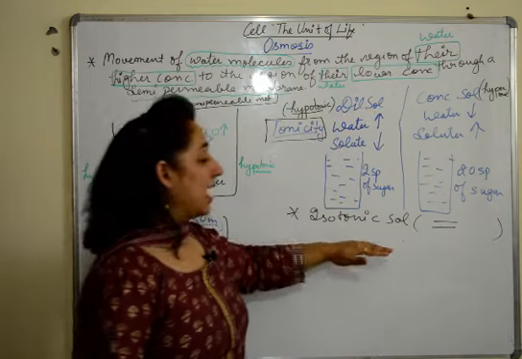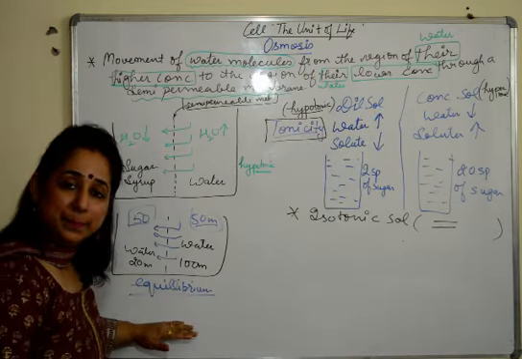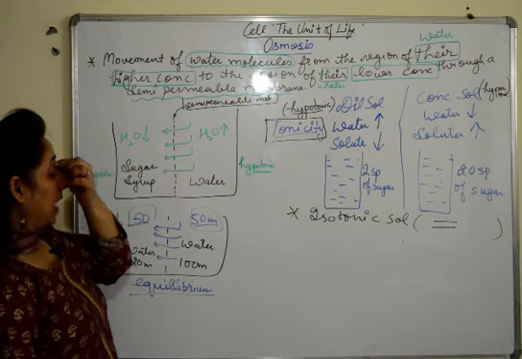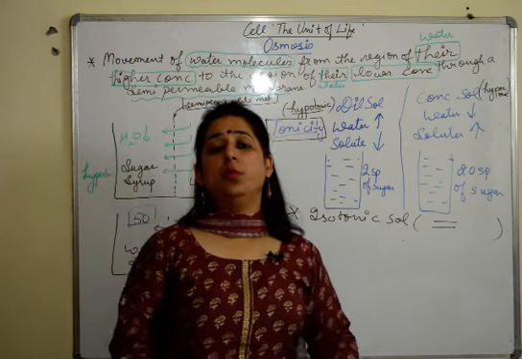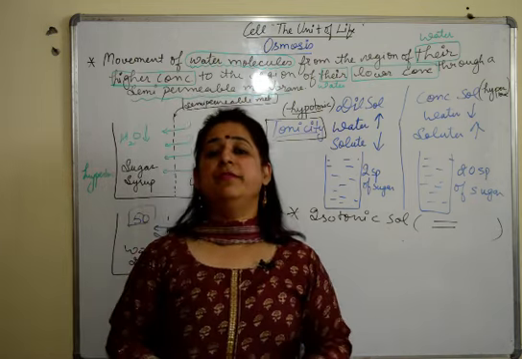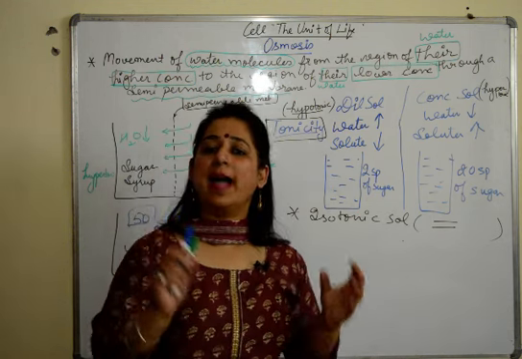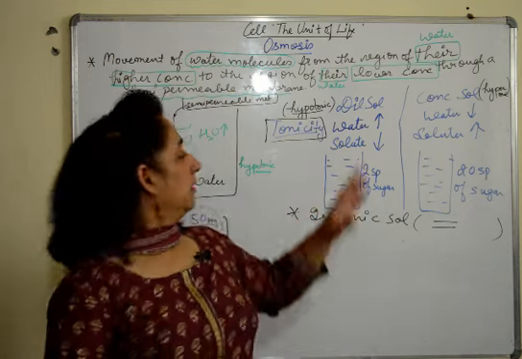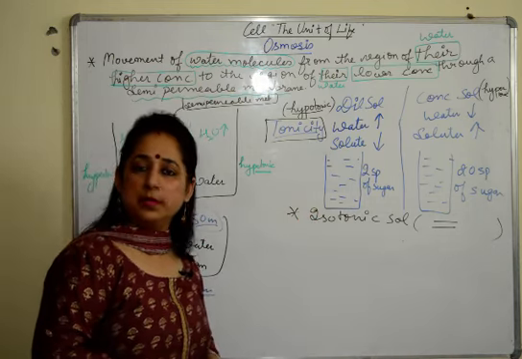Hypo, hyper and isotonic solutions. This is it about our definition and its explanation. In the next video, we will take up animal and plant cells separately. We'll talk about animal cells and we'll talk about plant cells. What happens to animal cells when placed in all the 3 solutions, what happens to plant cells when placed, and there are some terms as well.